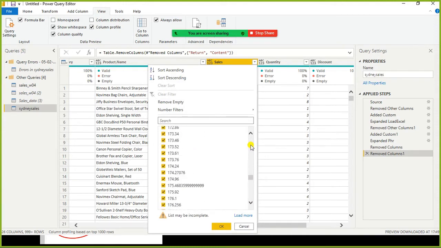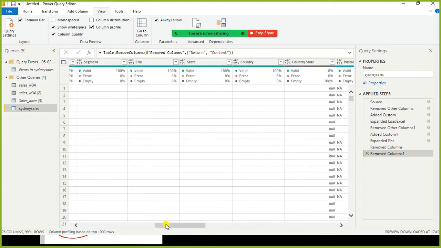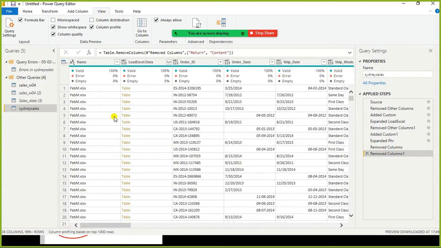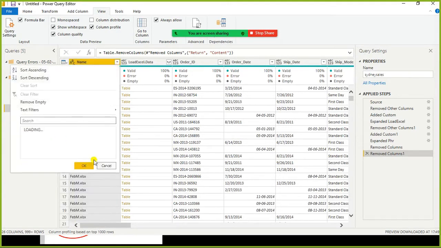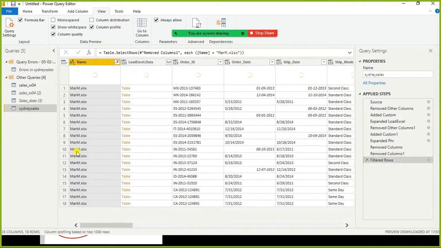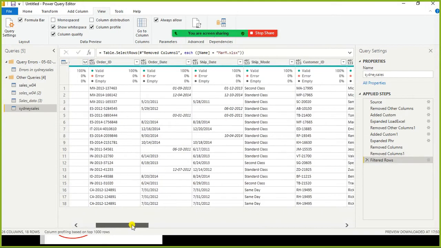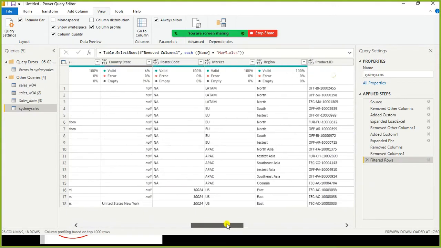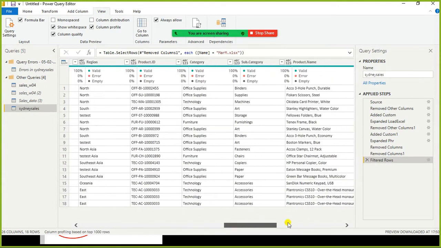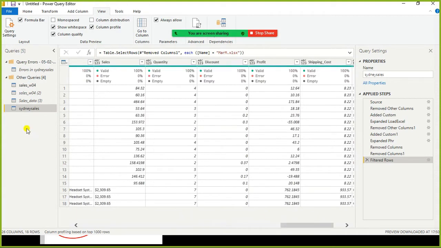So though we have a smaller number of records, it is difficult to find out. What we will do is go here and check only the March month data, because March has fewer records. I just uncheck this. We'll smartly check with the smaller data, because if you scroll down and scroll up, it will not take much time. Let's see if we are able to, yes, with March data we could see some text value here.